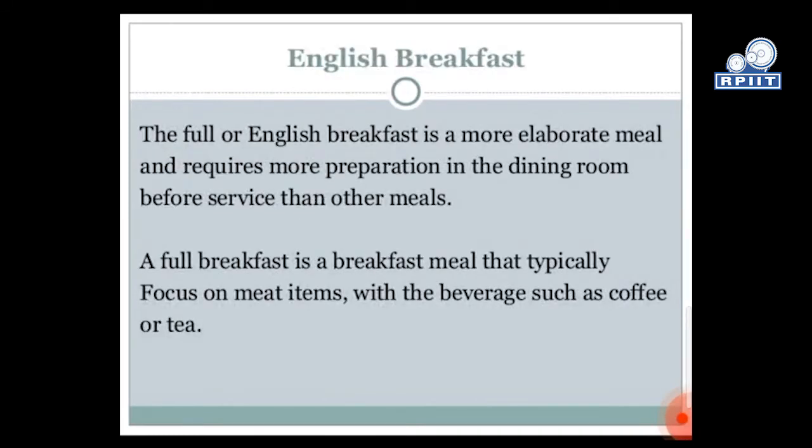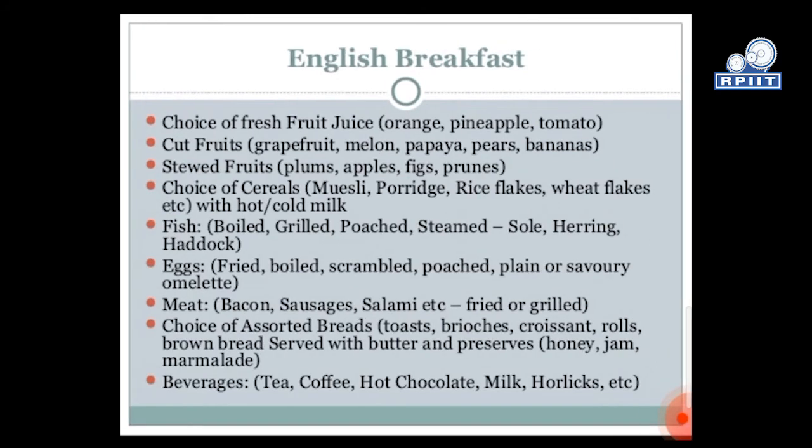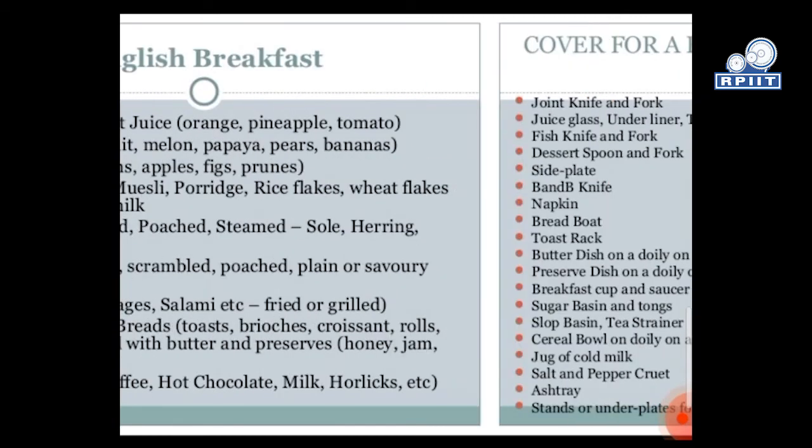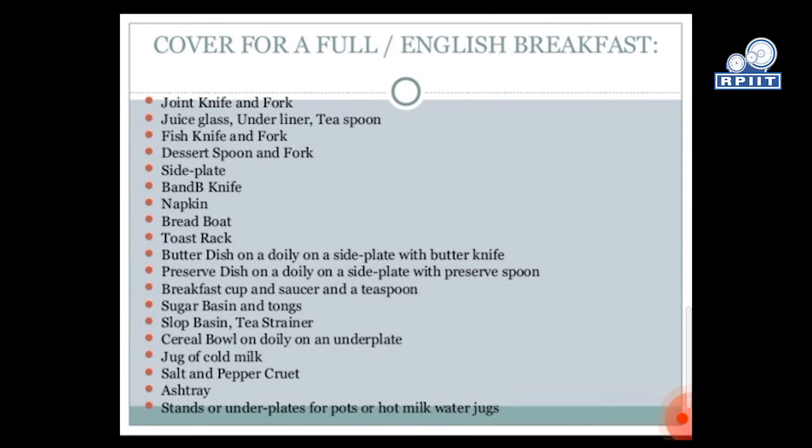If you talk about English breakfast, the full or English breakfast is a more elaborate meal and requires more preparation in the dining room before service than the other meals. A full breakfast meal typically focuses on meat items with a beverage such as coffee or tea. English breakfast: choice of fresh fruit juice, cut fruit, sweetened fruit, choice of cereal, fish, egg, meat, and choice of assorted bread and beverage. Cover for full breakfast: